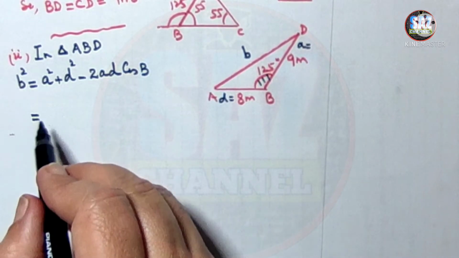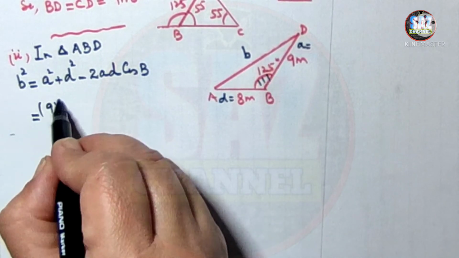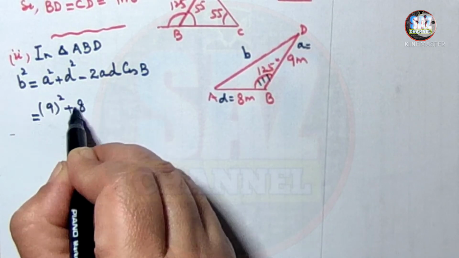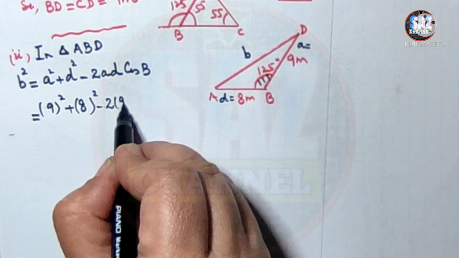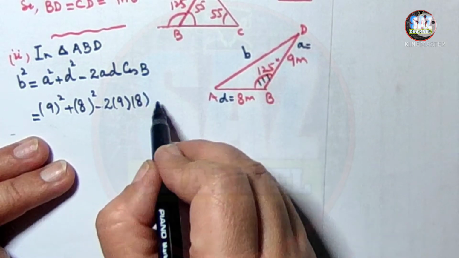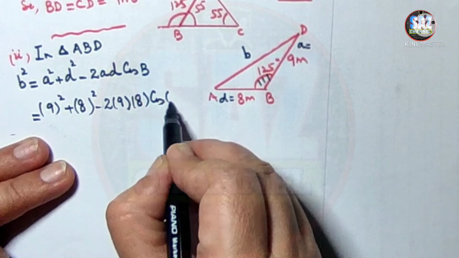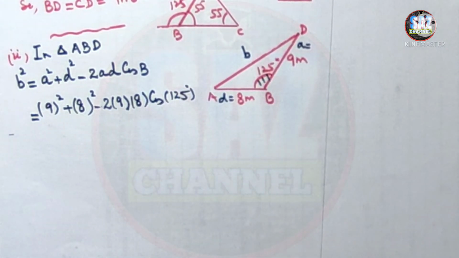That a has a value 9 square and d is 8, minus 2 into 9 into 8 and cos of 125 degrees, and this angle which is given in the question